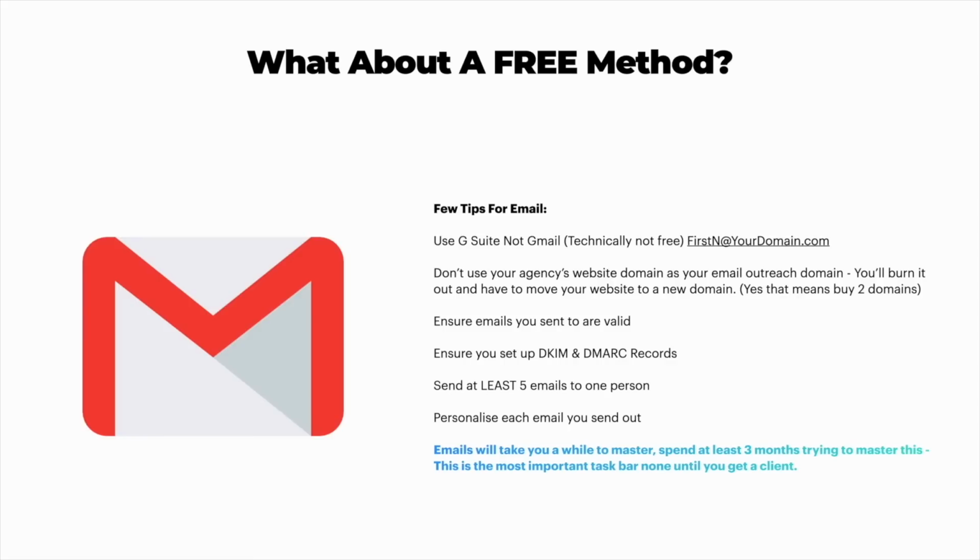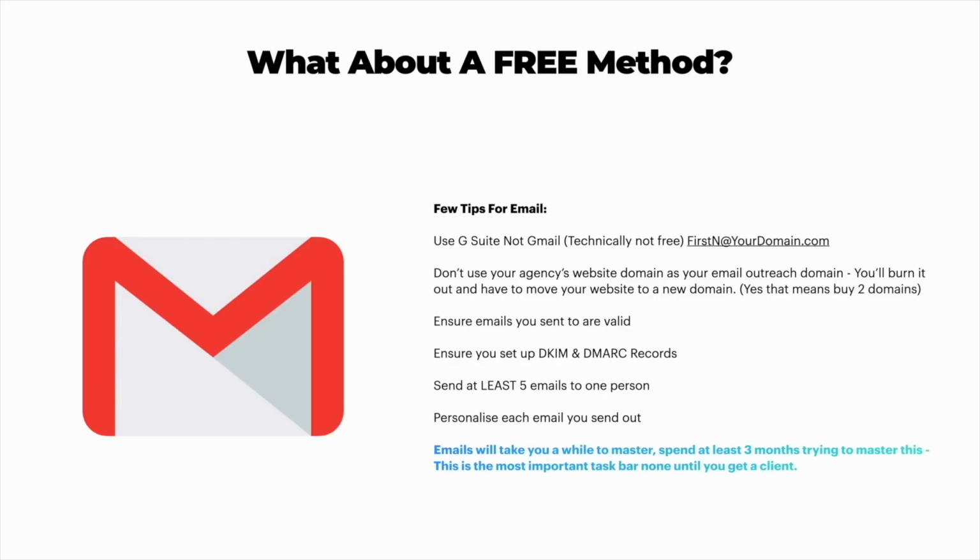So here's a few tips for your cold emails and your cold email game. Make sure you use a G Suite email and not a Gmail email. The difference is basically, a G Suite email would be like your first name at your own domain.com, because it looks professional. You want to use that because it makes you look like a serious business owner. You don't want to use a Gmail, which is your first name at gmail.com, like Montel at gmail.com. That is not professional, and it's going to be extremely hard to get a client that way, because they're just not going to respond to you, because you just don't look serious. But yes, you can use a free Gmail account, but I don't recommend it.